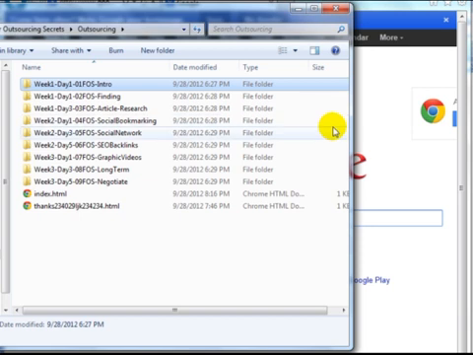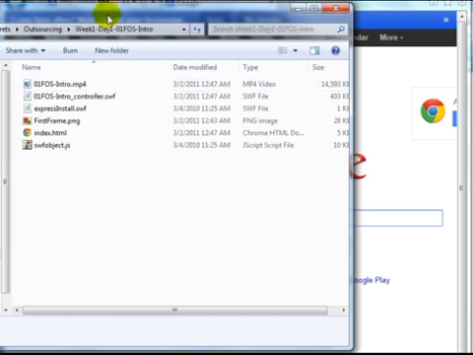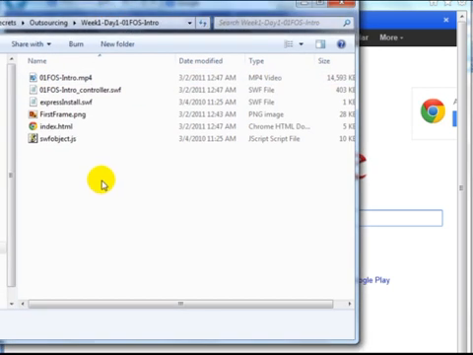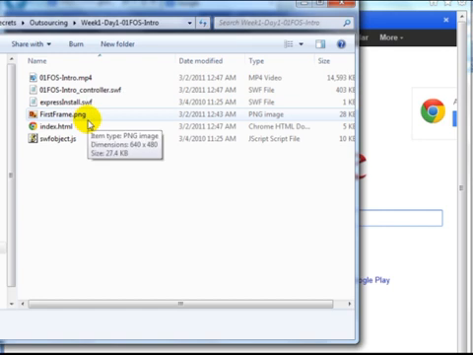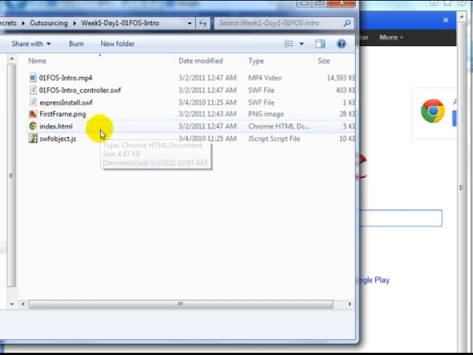Otherwise, you're going to have some complications. Now, in this case, I have videos, so it's a little more complicated than a PDF or a zip file, but it's not as complicated as it sounds. Now, as you can see here, it's a Flash file, and the easiest thing to do is to make sure that your HTML file that hosts or holds the Flash video is called